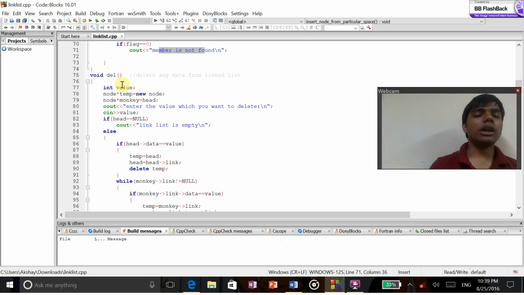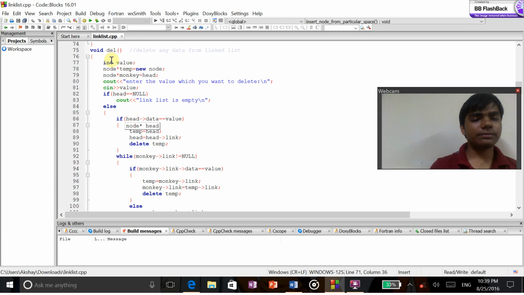Now our deletion function comes. For the deletion function, we are first asking for the value. For that we created an int variable for the value which we have to delete. It will be asked over here, and then again we are creating a temporary pointer variable, or a new node, which is known by the name of temporary pointer variable, and then this monkey will be at the head,